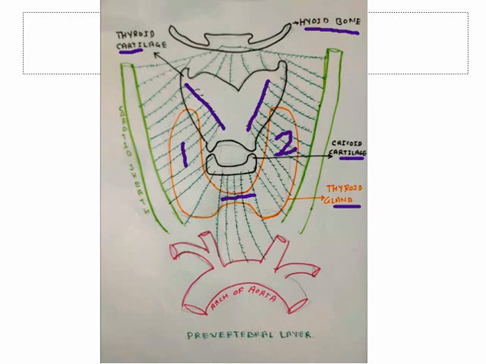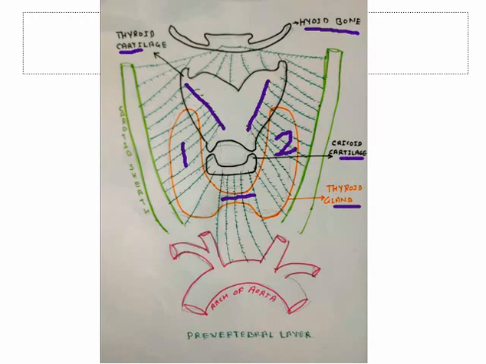So what are the attachments? Superiorly, the pretracheal layer is attached to the hyoid bone in the center, the oblique line of the thyroid cartilage, and the cricoid cartilage. Then it splits in two layers. It encloses the whole thyroid gland, right? It forms the false capsule of the thyroid gland, and again it forms a single layer, runs downwards below the thyroid gland and reaches the superior mediastinum, where it merges with the fibrous tissue of the arch of aorta. Superior attachment and inferior attachment we have seen.